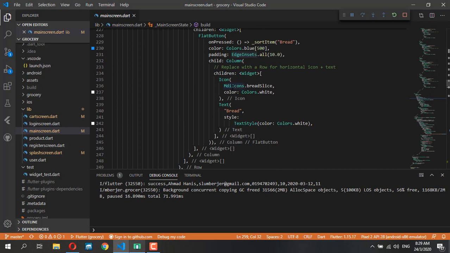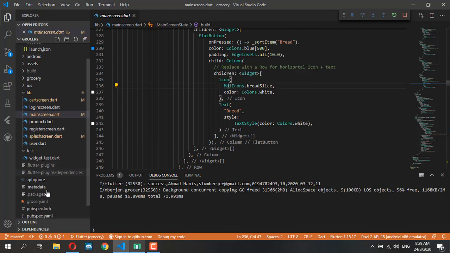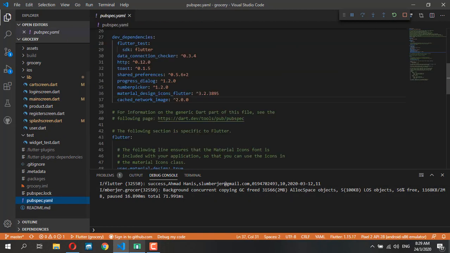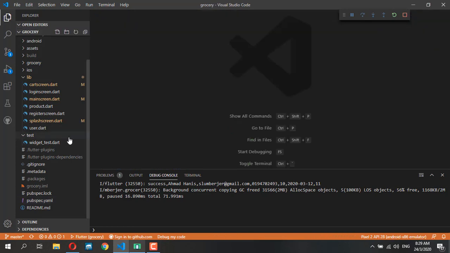If you notice the MDI icons here, this is an additional icon that we can import for Android material design. So for this to work, to be able to access the MDI icon library, we need to import this in our pubspec YAML. So we can just take this, material design icons for Flutter. So import this into pubspec and then save, make sure it returns 0. So once you have that,